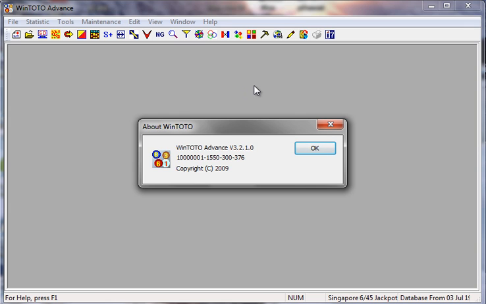I'd like to say this to you because you can actually see a real difference. Without upgrading you may find that there are differences in the features. And not only that, with this new upgrade, it will definitely enhance your chance of winning. In fact, since the day we upgraded to version 3.2, we have got two big winners. One of them is a Group 1 winner, and we also got a Group 2 winner.